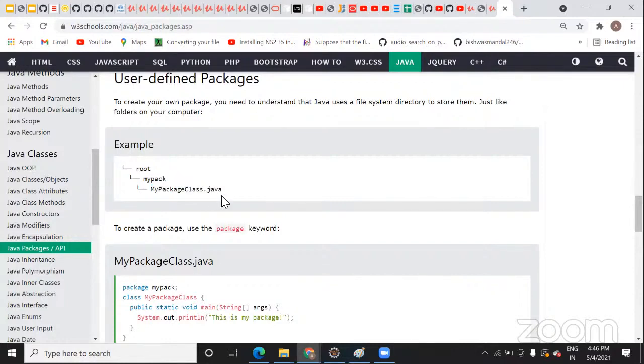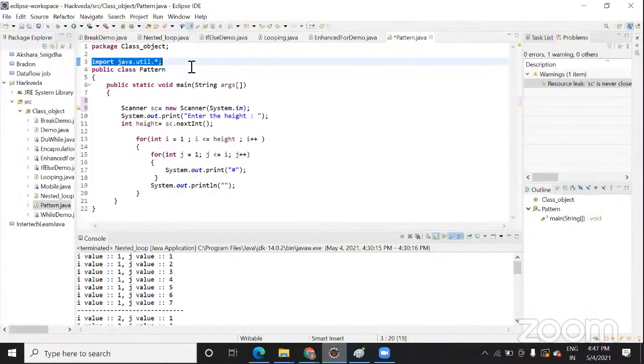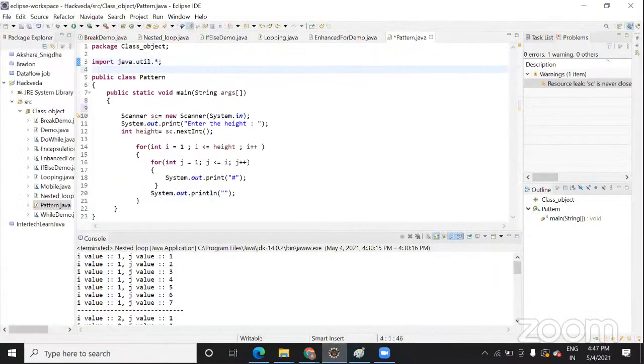But suppose you want to use some other package or library in your code. Is it feasible to write multiple times import java util Scanner, import java util for that file, import java util for that particular package? Is it feasible? No. So that is the reason.